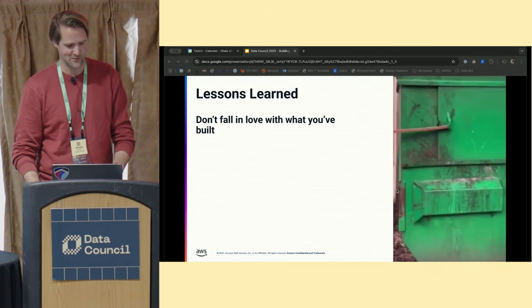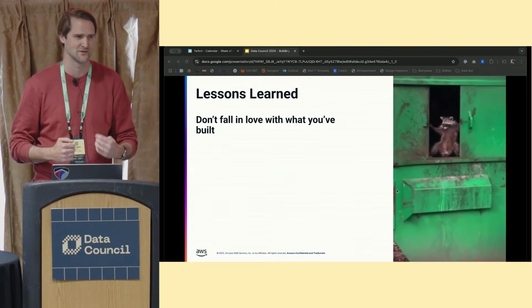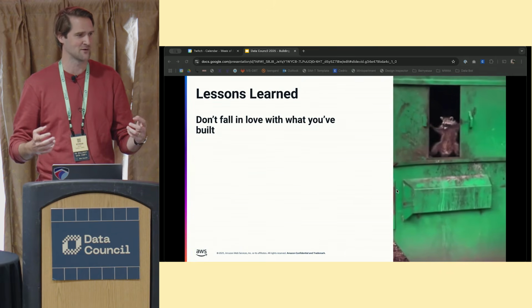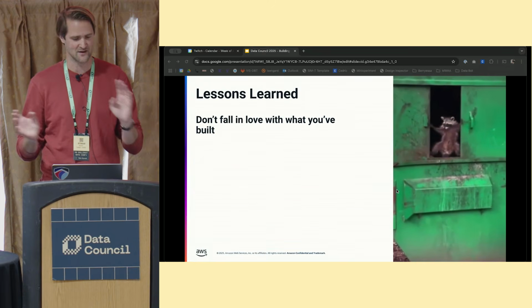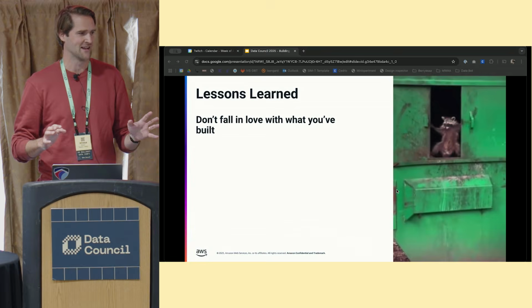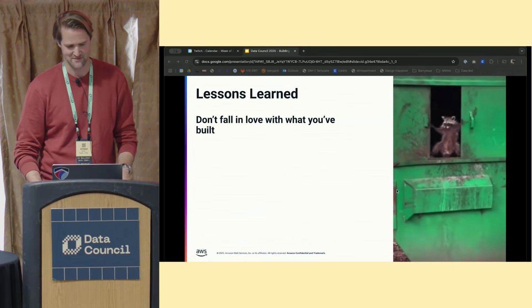And then finally, an important part of that is don't fall in love with what you built, especially if you're building internally. Be willing to throw whatever you have in the dumpster if something better comes along, if someone offers it for cheaper or for less. If some startup wants to pitch me on why I should throw it in the dumpster, I'm more than willing.